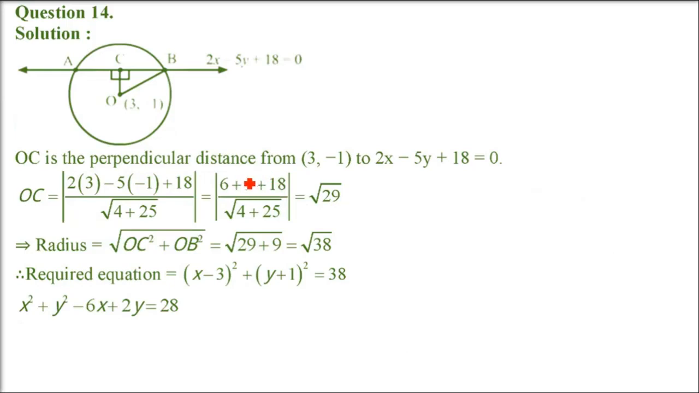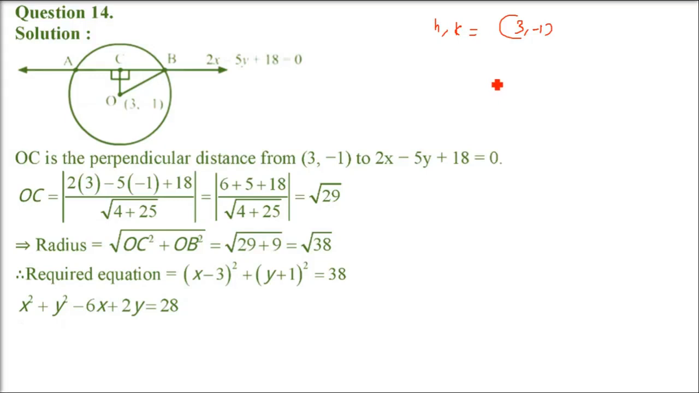Find the equation of the circle whose center is (3, minus 1) and which cuts off an intercept of length 6 from the line 2x minus 5y plus 18 equals 0. So first let me write h and k. And the other important thing is it cuts off an intercept of length 6 from the line 2x minus 5y plus 18 equals 0. Now the main thing here is the line which the circle is cutting